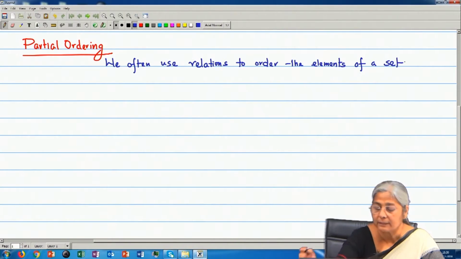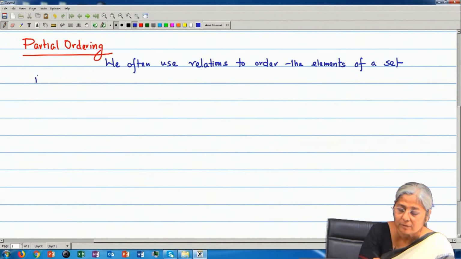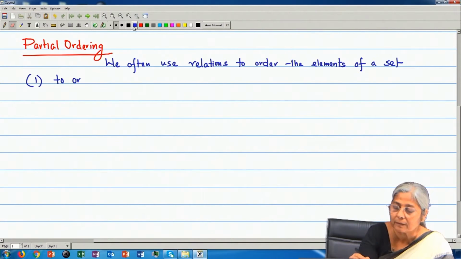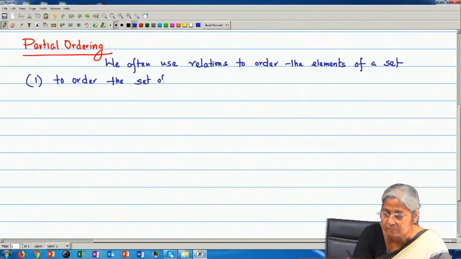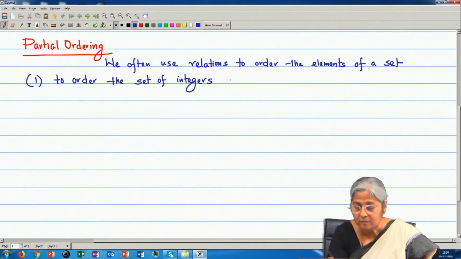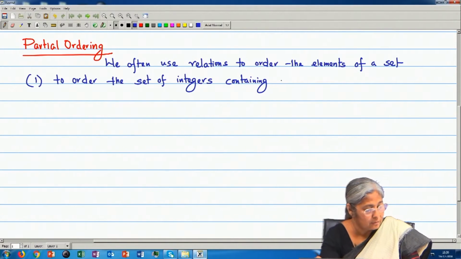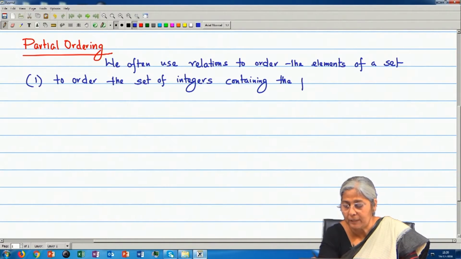As an example, I can tell that to order the set of integers containing the pair of elements, say x, y,